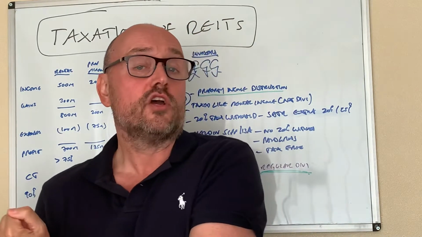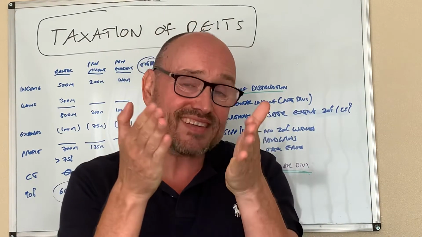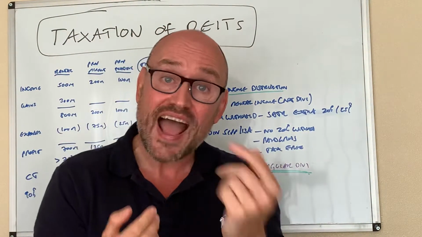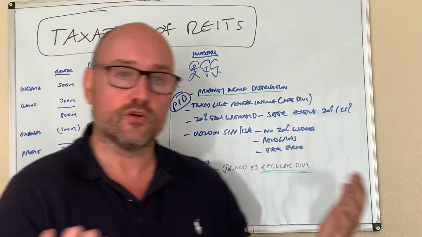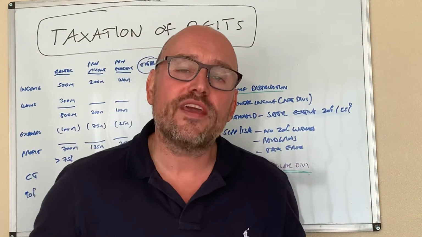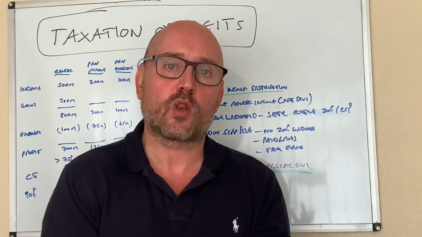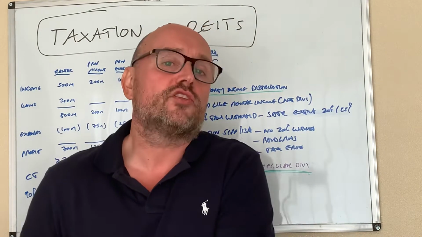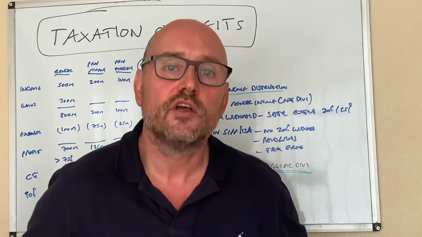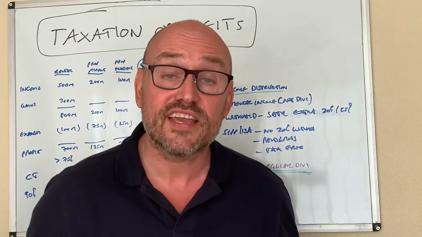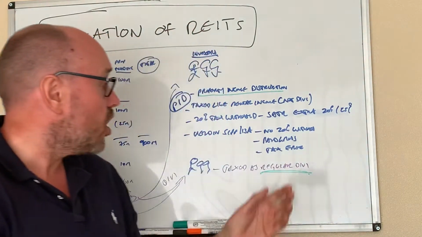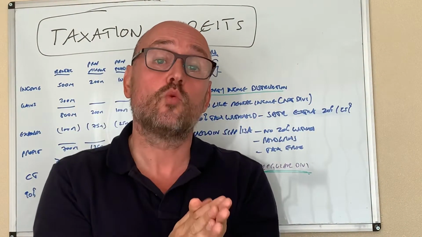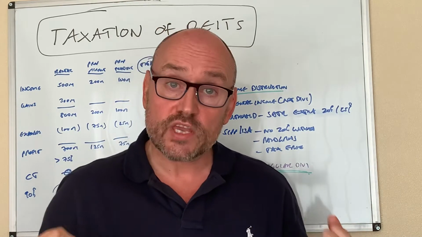There's none of this withholding 2 and the ISA just receiving 8. No, the ISA gets the full 10,000, as indeed it would if it was held in a SIP, a pension wrapper as well. So the best thing to do, if you want to invest in these REITs and have a property play, is get them in a tax efficient wrapper, because then there is no tax. Not only is there no tax withheld, but there is just no tax on them because they're in this tax advantageous wrapper, the SIP or the ISA. So get them held, I would suggest, in one of those wrappers rather than individual name.